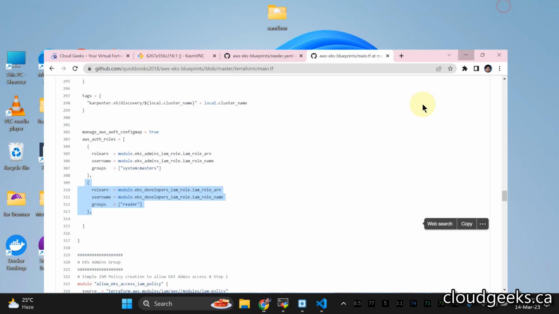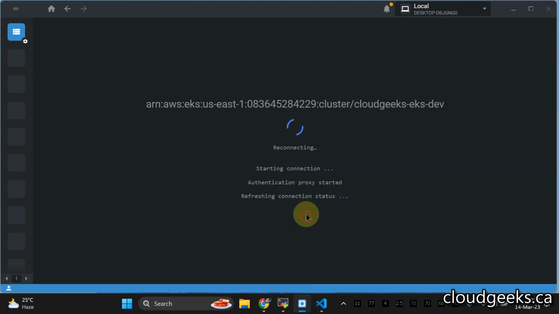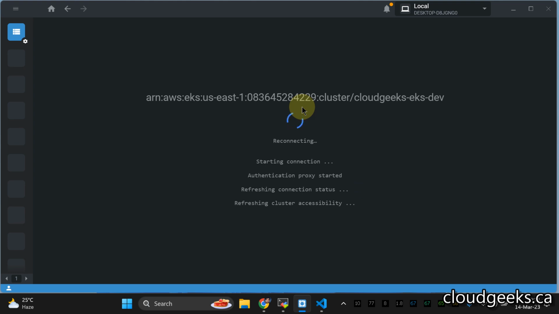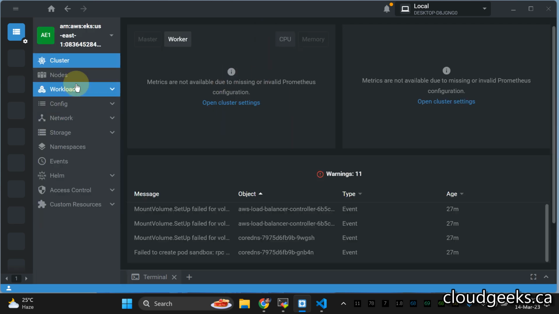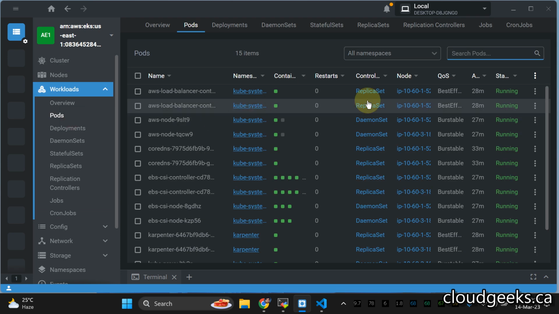So guys, I've added the credential. Let's try to reconnect it, and hopefully I should be able to connect with this cluster. So it is actually connecting, and this time we are connecting with the full EKS admin access. So guys, let's try to navigate to the pod section, and